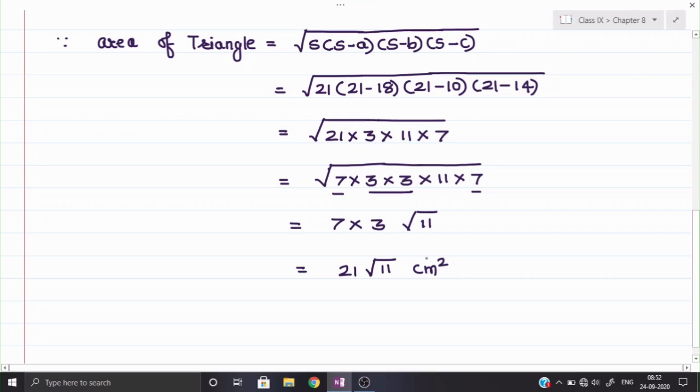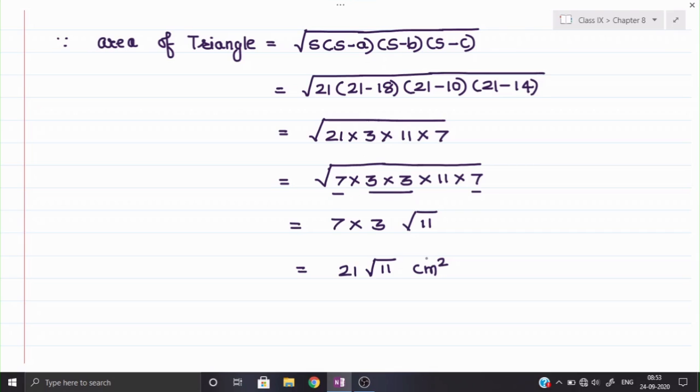As I have told you, you can find the value of root of 11 up to one place of decimal in the examination. For example, you know that the root of 9 is equal to 3 and the root of 16 is equal to 4. So definitely under root of 11 will be approximately 3 point something. So you can find out approximately what value it can be. I think root of 11 can be approximately 3.3, so that you can keep and multiply in the examination. Right now I am keeping the value as it is.